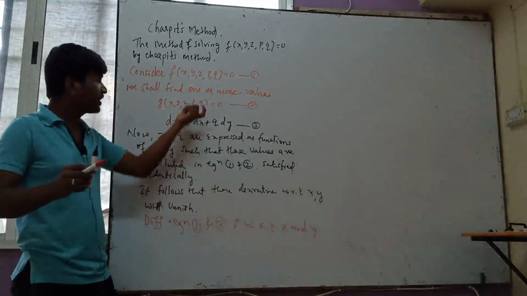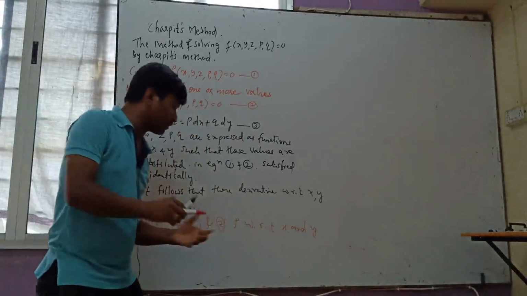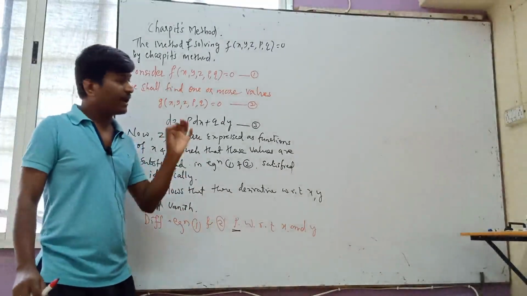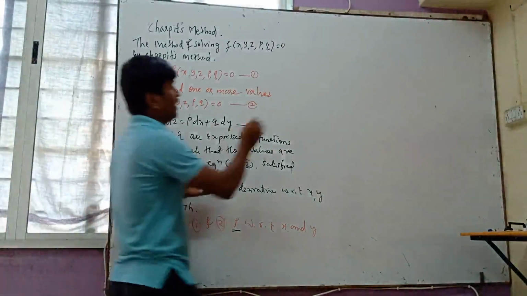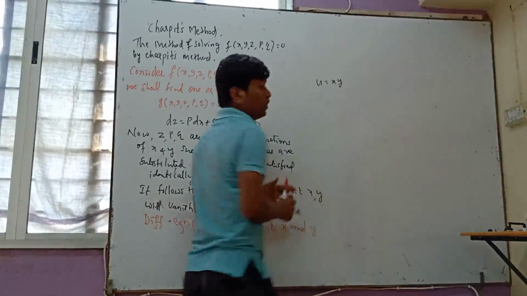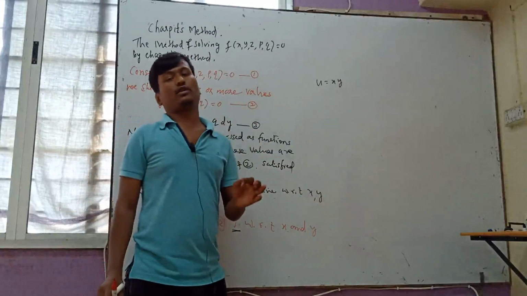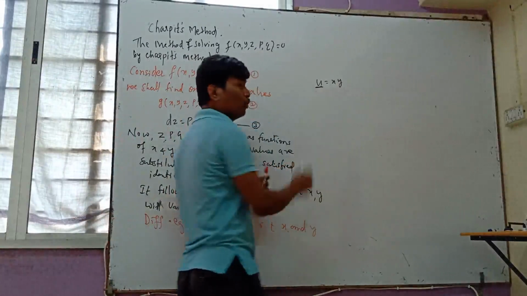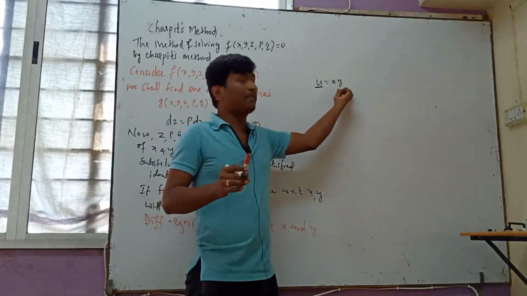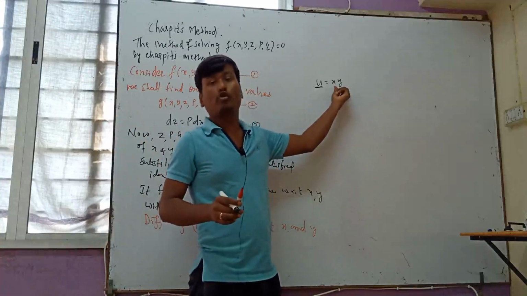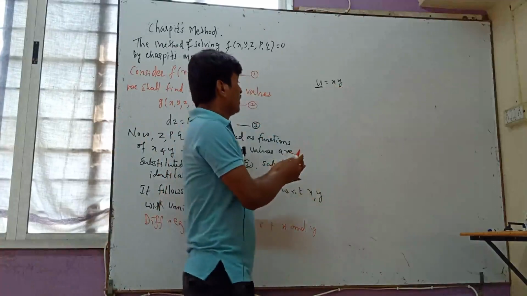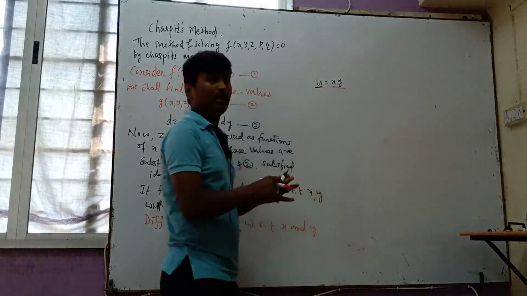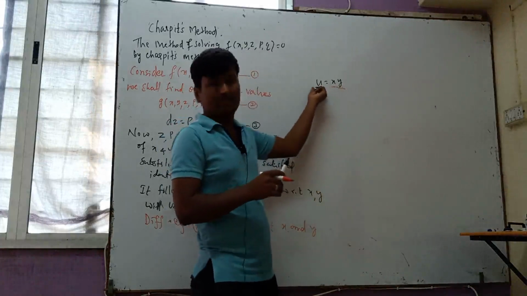Remember, I am differentiating equation 1 and 2 partially. The word is very important: partially. Suppose I take any dependent variable, consider u equal to xy. You already know partial differentiation and ordinary differentiation. If I differentiate this u with respect to x, then y becomes constant and its derivative goes to 0. Here there are two independent variables, x and y, and one dependent variable, u.